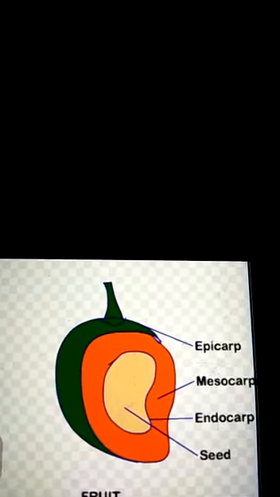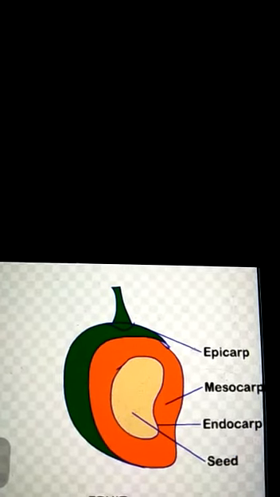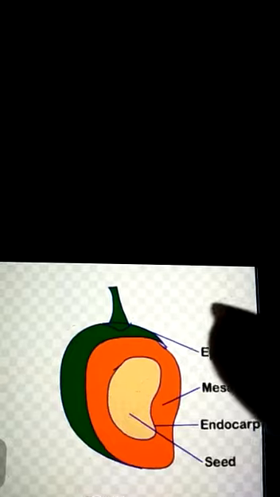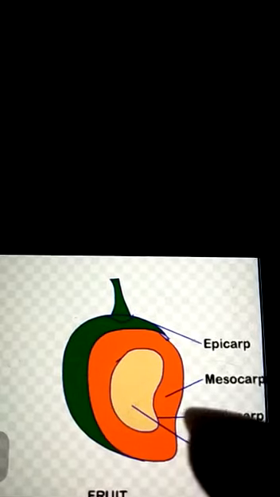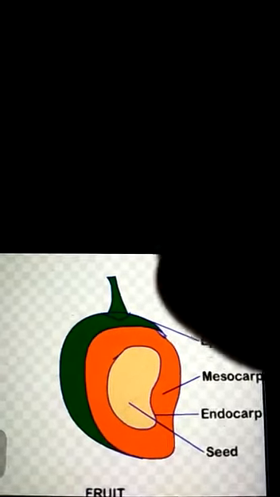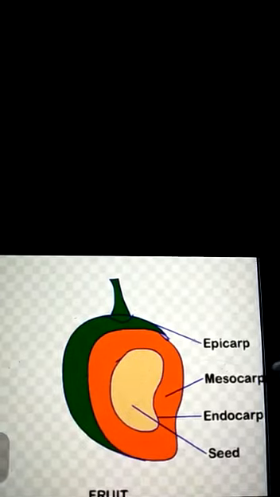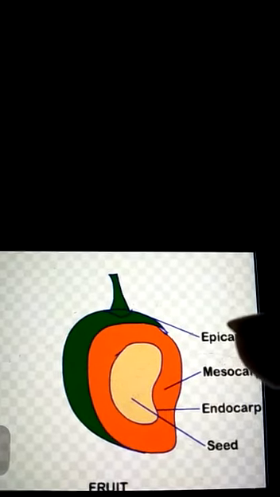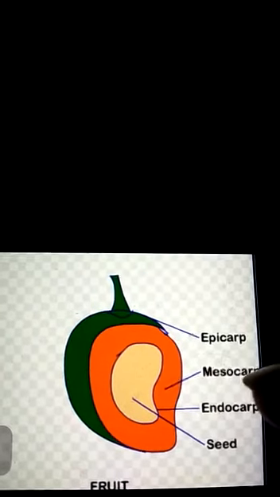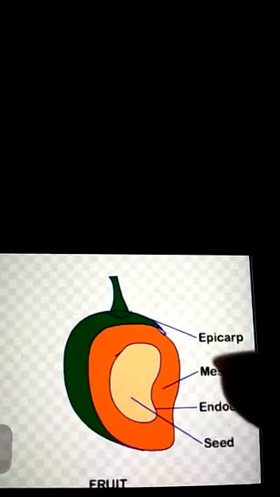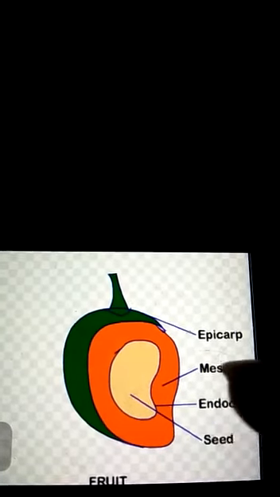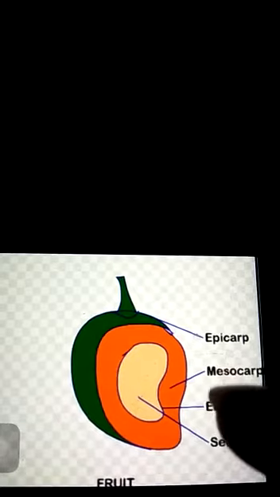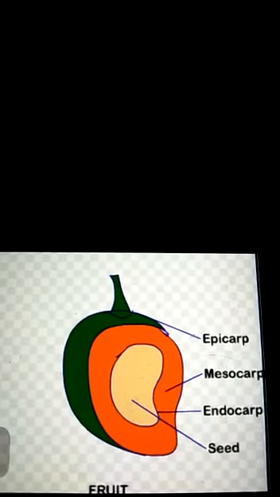The last structure that develops in the post-fertilization event is the ovary. The ovary forms a structure that is known as a fruit. A most common fruit that you are eating these days is a mango. So the ovary wall forms the outer peel that is known as epicarp. The part that you eat, the edible part, is the mesocarp, and inside the mesocarp is a hard part that is known as endocarp, and within the endocarp is the seed. You can see the complete mango. They are available in ample amount these days and you can compare this structure.